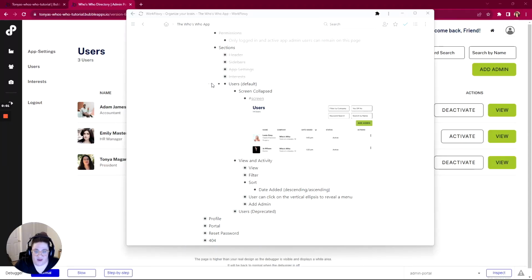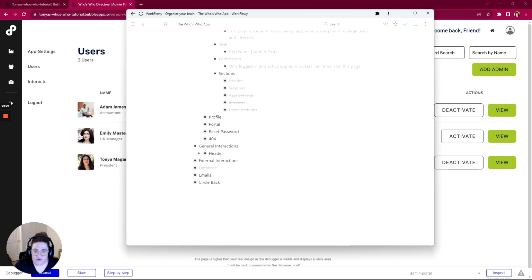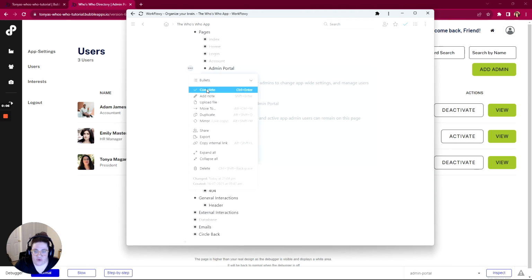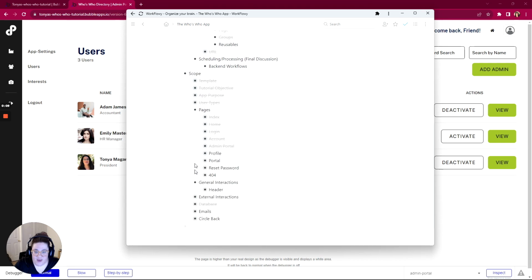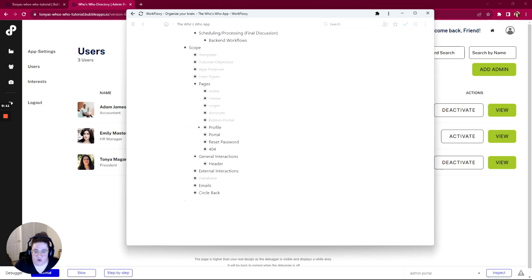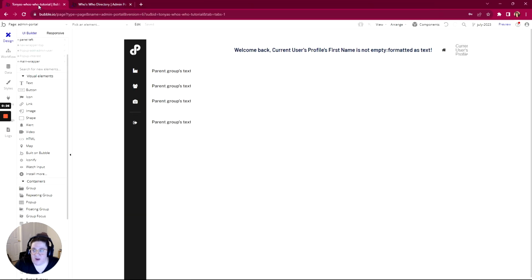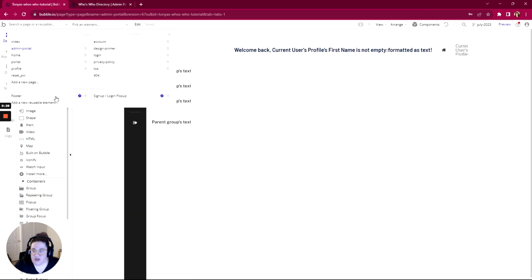All right, so we can go ahead and complete our users section and our admin portal in general. And before we move on to the profile page, we're going to circle back and refactor our home page, login, and account page with a reusable called the header. So I'm going to come into my page here, and I did have a header here already, and I've deleted it. So if you want to go ahead and delete yours so we can start fresh with a new one,